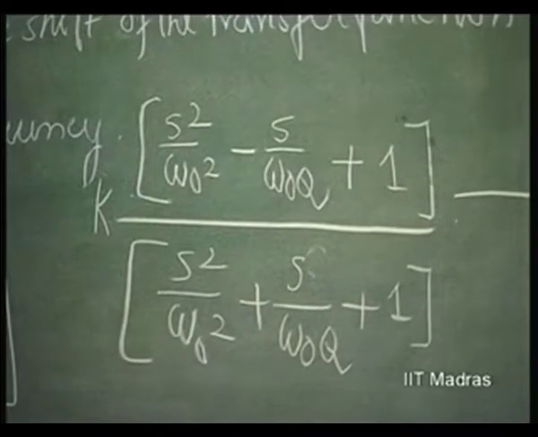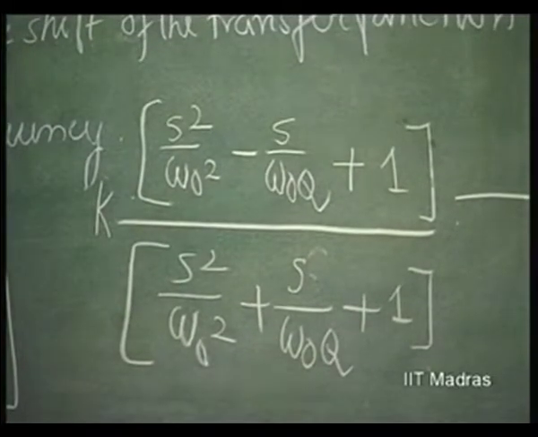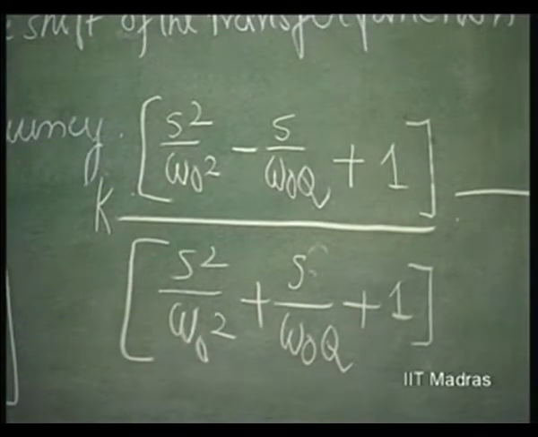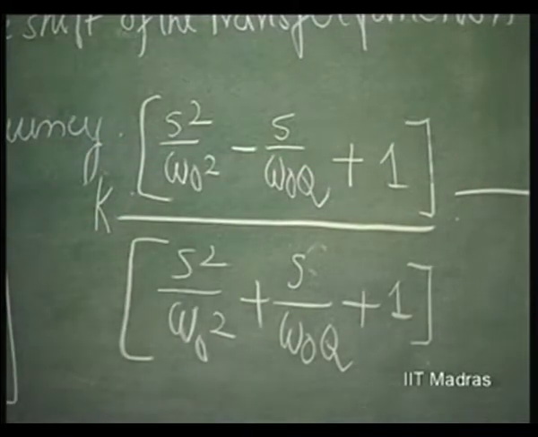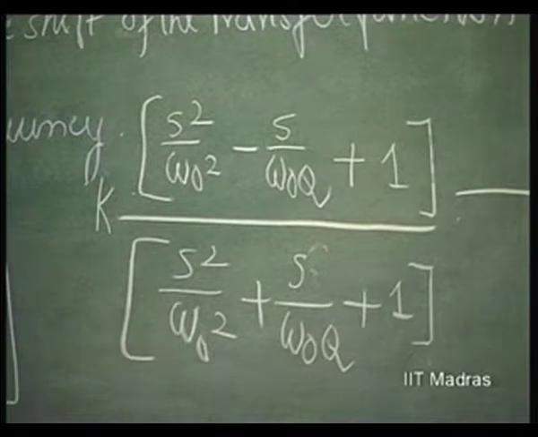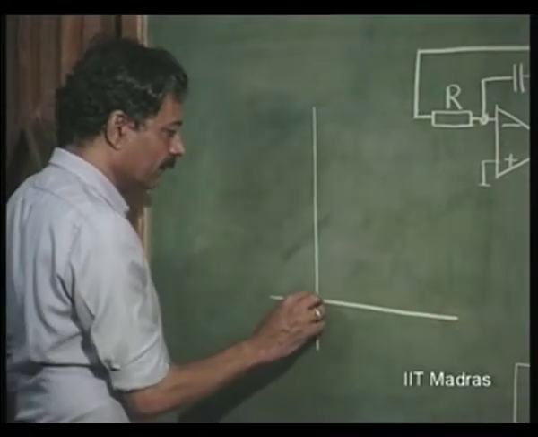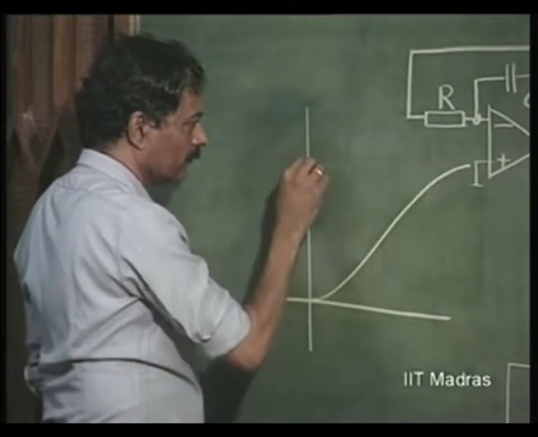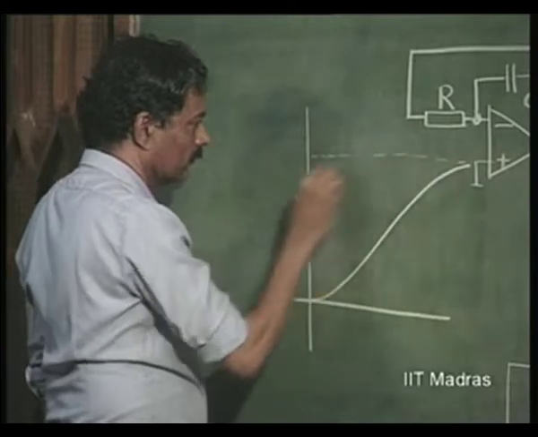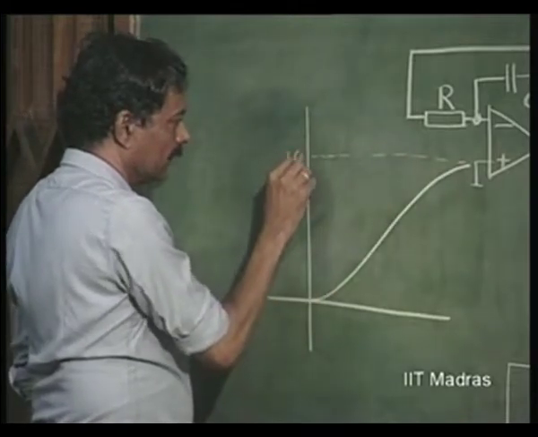So, the nature of variation of this phase with respect to frequency is same both for poles and zeros, because the coefficients are the same, and therefore, you will see that the phase shift varies all the way from 0 to 360 degrees,